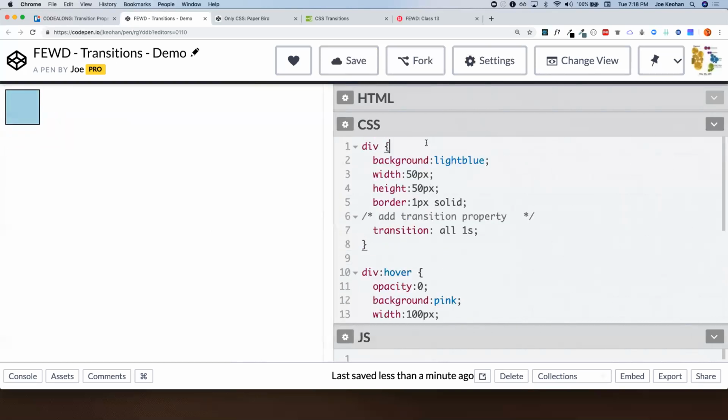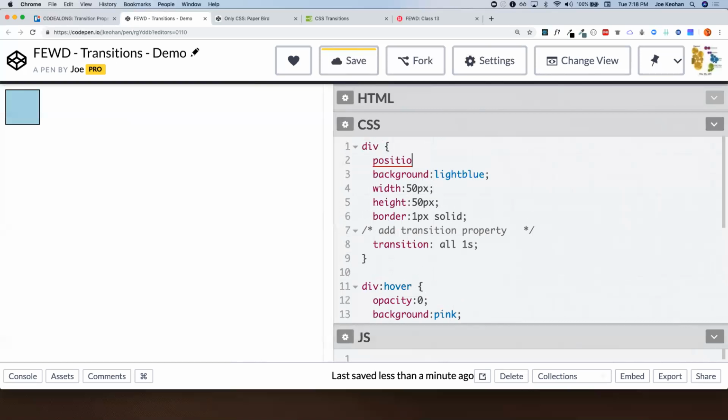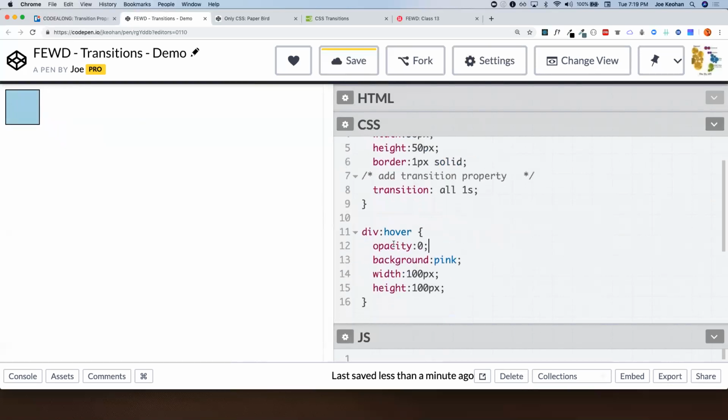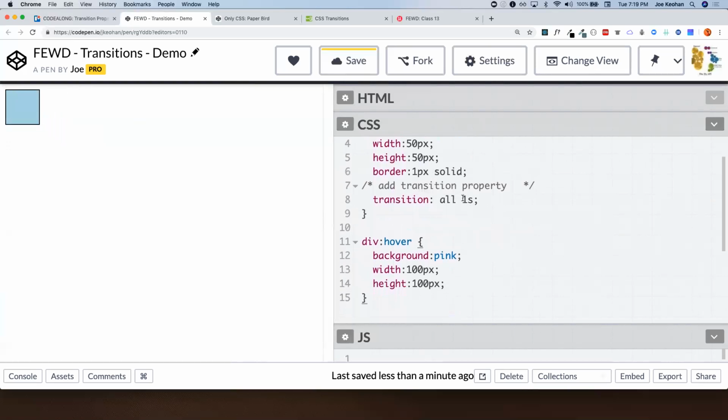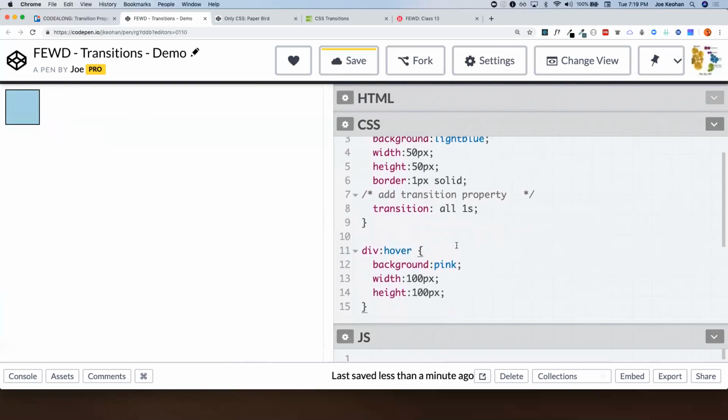We could do something like, I'm just going to add one more. I'm going to say position absolute, right? Now this thing is looking for a position relative element. It's not in anything, so it's looking up here. The only thing I'm going to remove here is the opacity 0, so we don't see it disappear. I just wanted to show you the opacity. So now if I go down to hover and I say left, I don't know, 100 pixels,